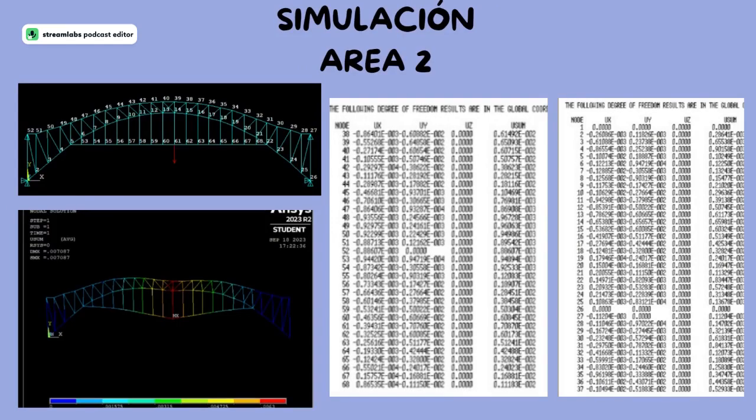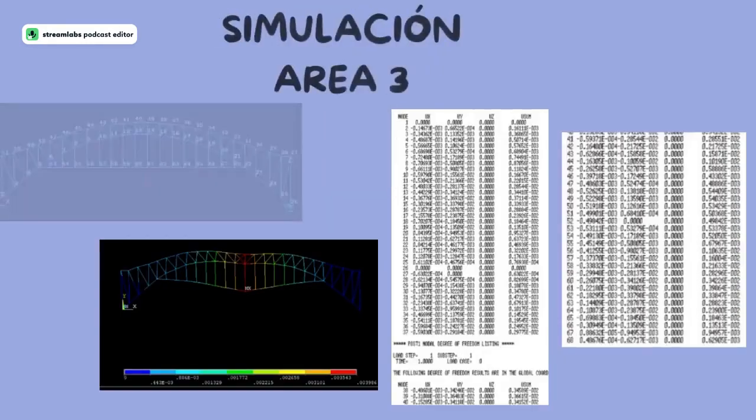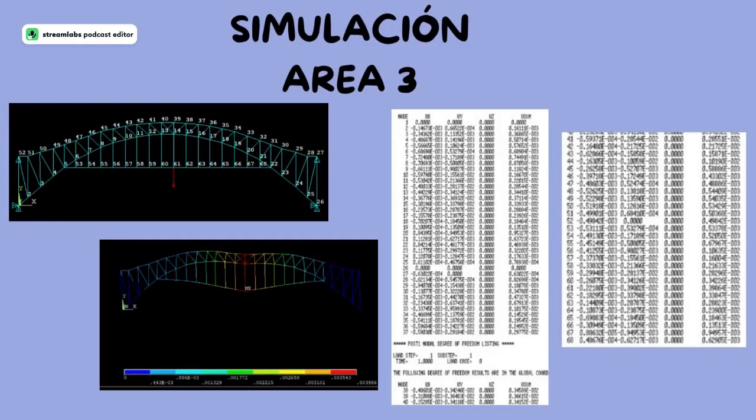We find that with the area of 1 square meter the deformation is -1.5921 meters. As I had mentioned, regarding our origin in area 2, node 61, which is where the load is applied, has a much smaller deformation, and node 3 much smaller. These values are -66.849 times 10 to the -3 meters, and for area 3 of 4 square meters the deformation is 3.98 times 10 to the -3 meters. These negative values